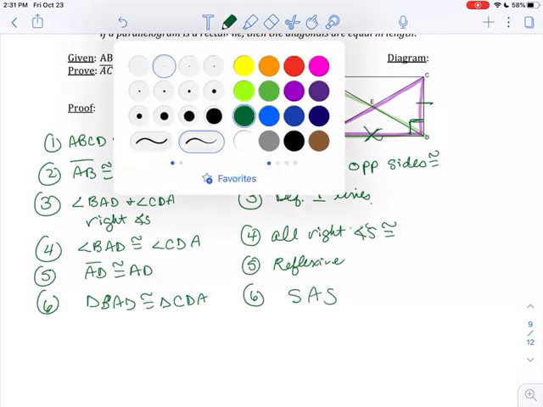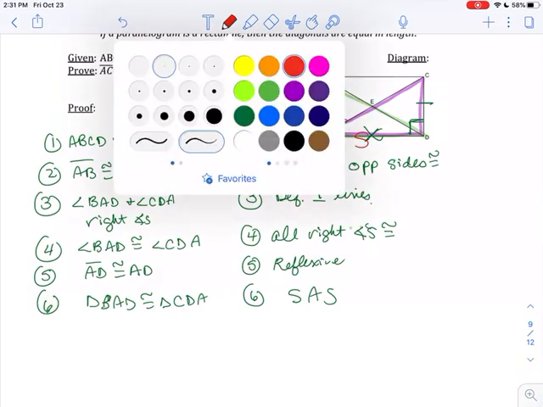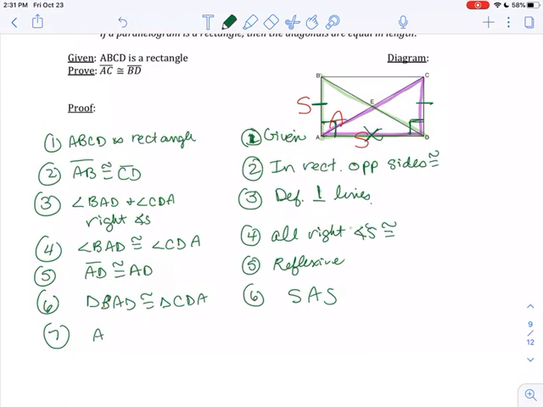So triangle BAD, which is on the left, is congruent to triangle CDA, which is on the right, by side angle side. Okay, see what I have? I have a side, an angle, and a side. And then since the triangles are congruent to each other, that makes all of the corresponding parts congruent. So AC, which is the hypotenuse of the purple triangle, is congruent to BD, which is the hypotenuse of the green triangle. Those are the corresponding parts, so CPCTC. Since the triangles are congruent, all the rest of the corresponding sides and angles have to be congruent, and I specifically wanted AC and